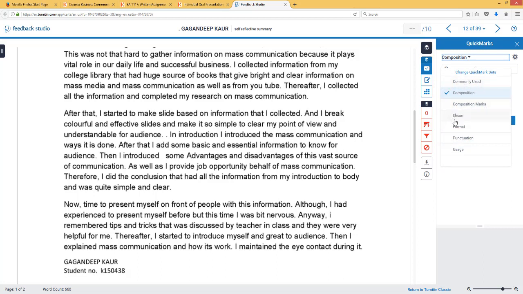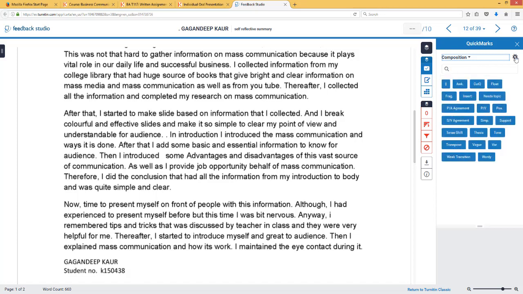Then I have got my own one, which is Asan, and I have got my own sets of comments here. You can use any of them and put quick marks from here and drag it into the assignment. To create your own one, you need to click this button,